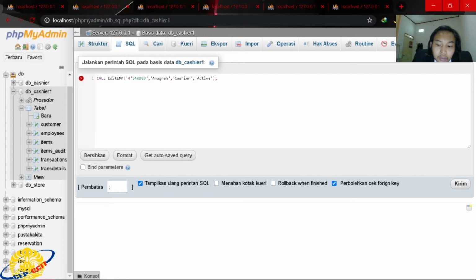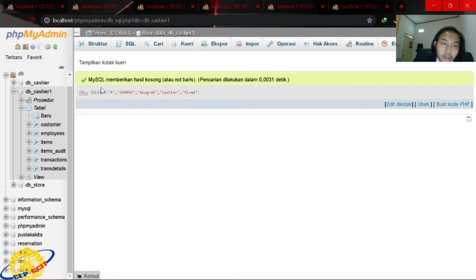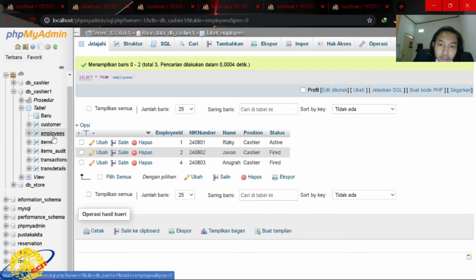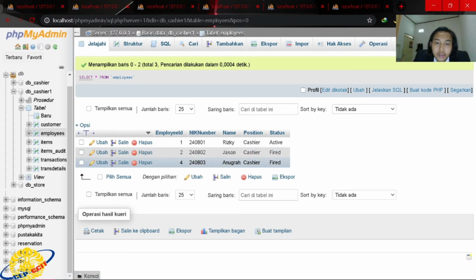The example is 4, and then the nick, employee name like this, and we want to change the status, for the example, fired, and then we execute the query. Is that successful? Example, we see, and successful, the status was changed. Then how about the delete?